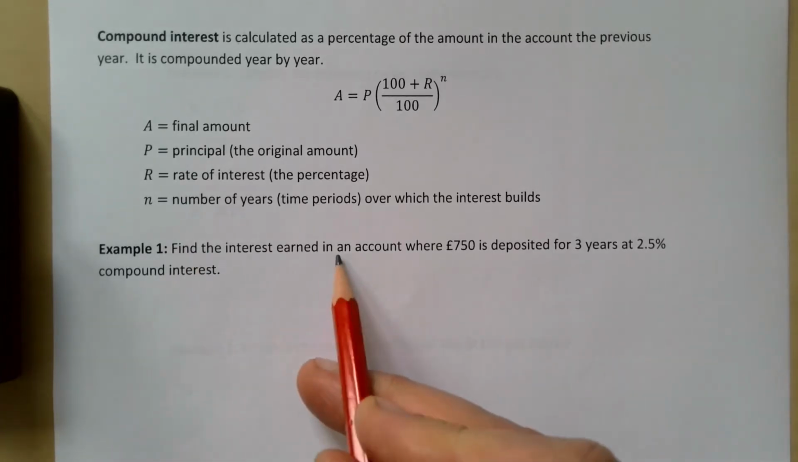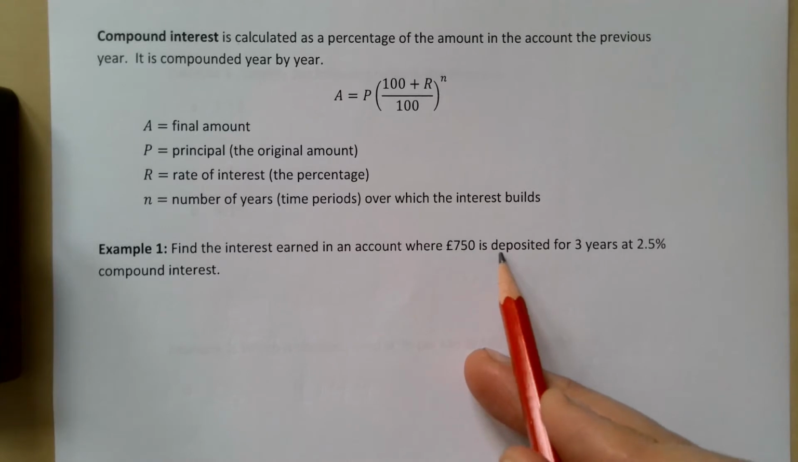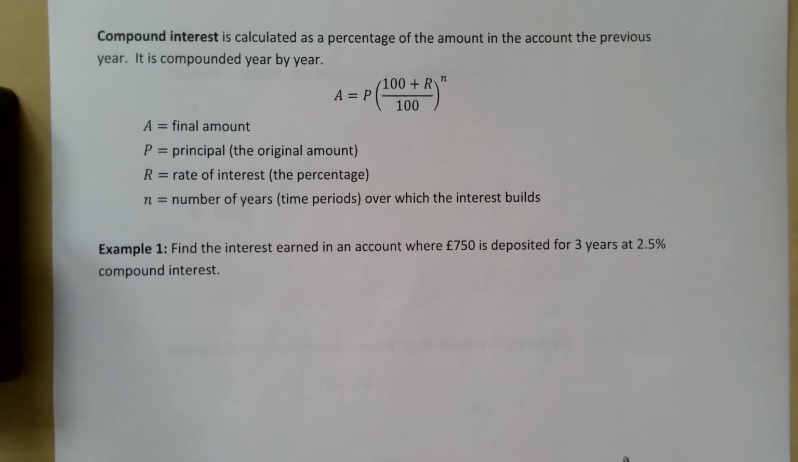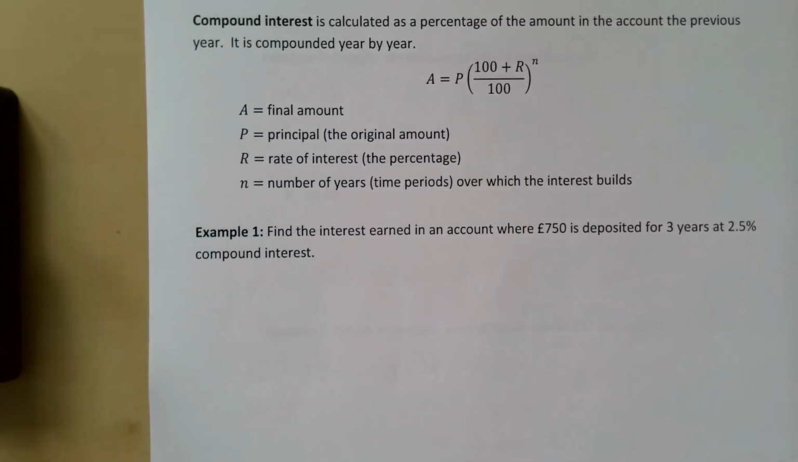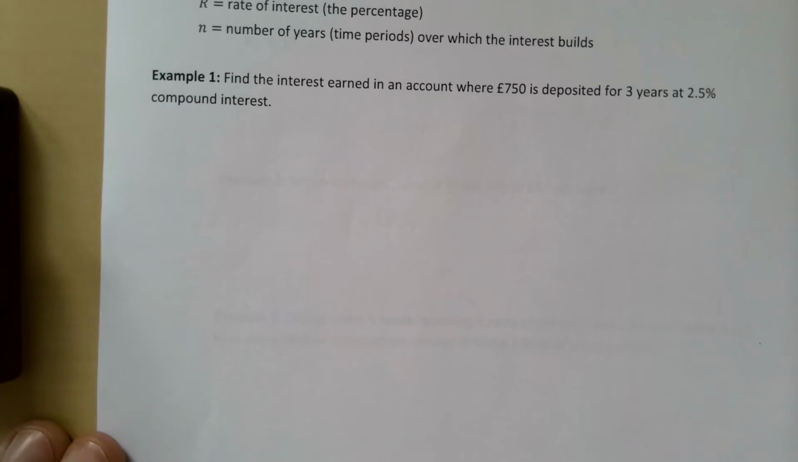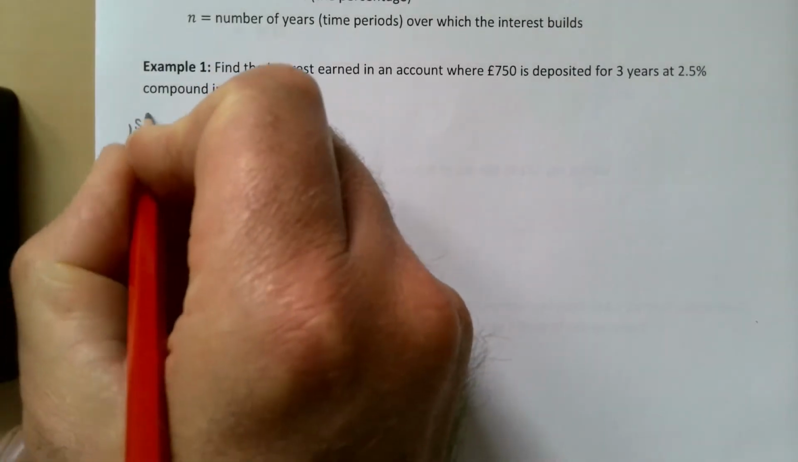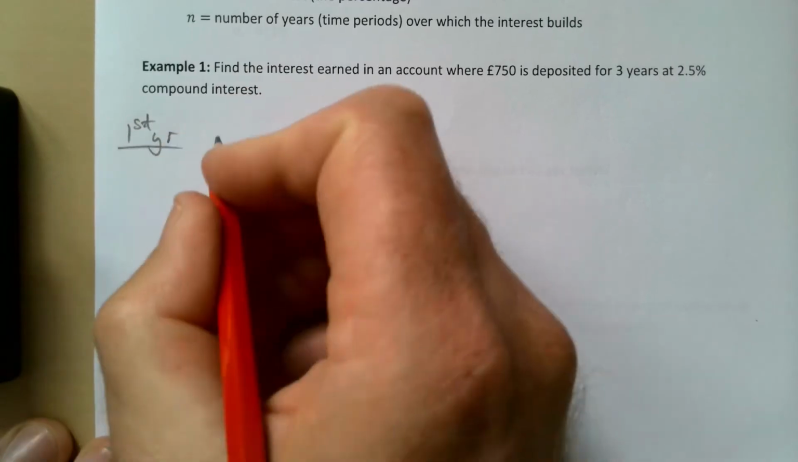Find the interest earned in an account where £750 is deposited for 3 years at 2.5% compound interest. I work it through year on year. It's kind of what makes most sense in my head, especially if you struggle with this sort of thing. Let's just take it nice and slowly. So we're going to deal with the first year. We're going to find 1%,